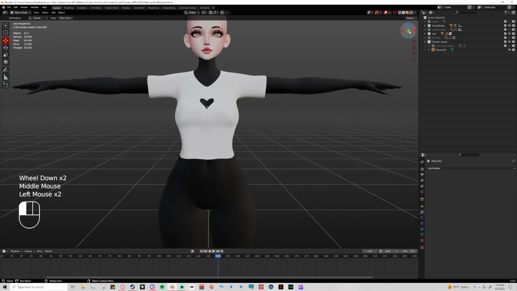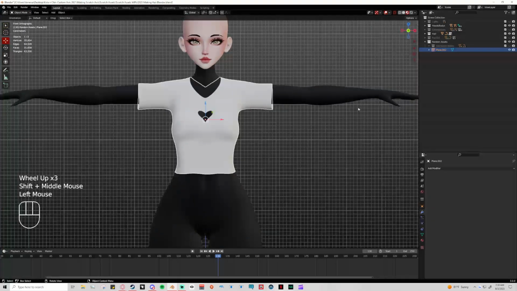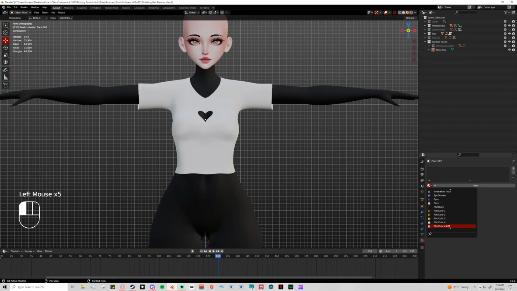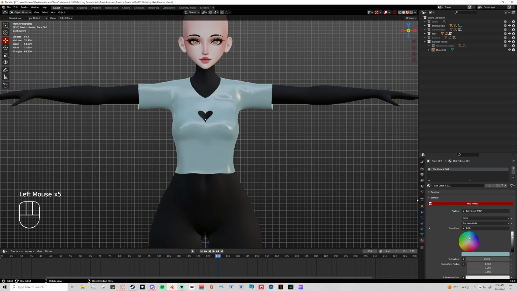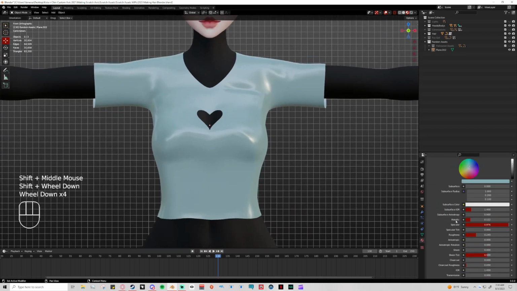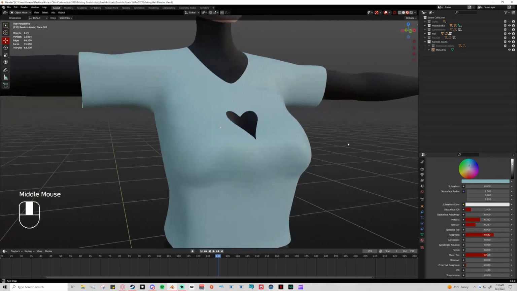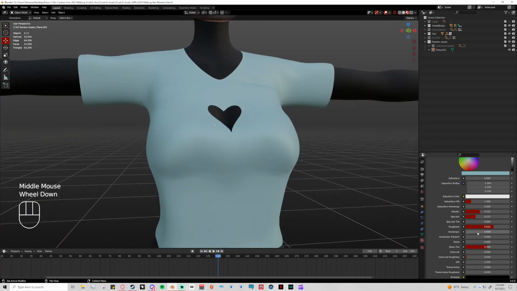Just a cute, simple little top, and then you're all done. And then you could come in here and be like, you know what, let's throw on blue. Let's make this blue. Not nearly so metallic. Maybe metallic. Specular, roughness. Yeah, and you can just sit here and play with it to figure out